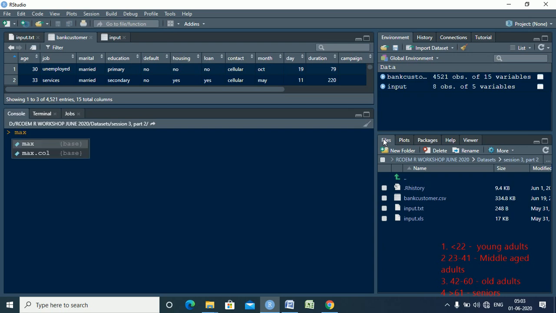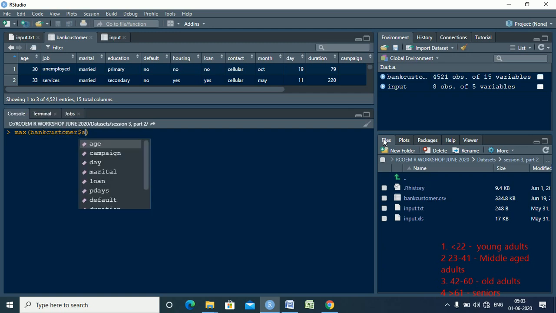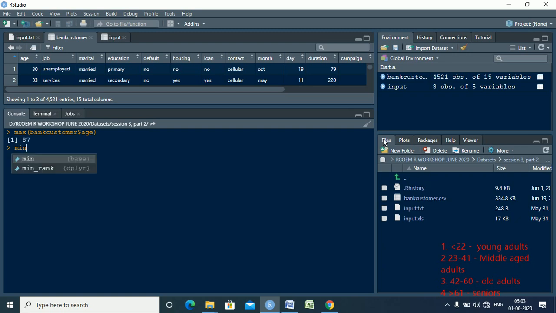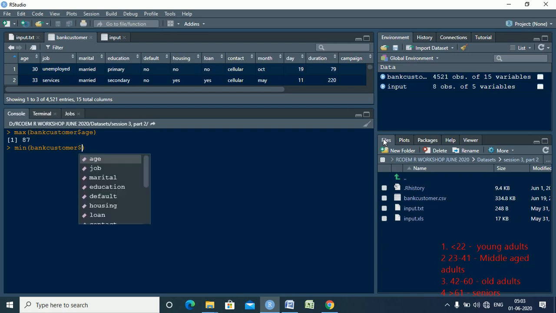So I want to find out the maximum age of the bank customer age. Right, so the maximum age over here is 87. Similarly we will also find the minimum age.